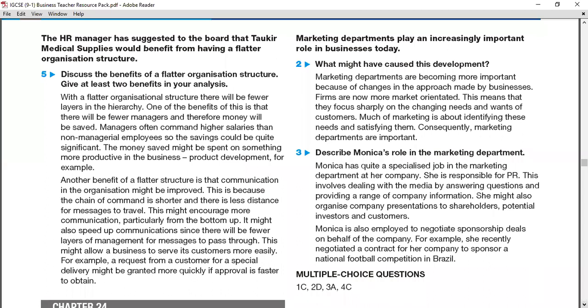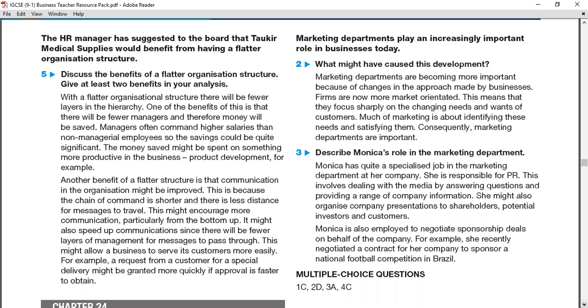So that's the ideology here. It is a kind of cost cutting method, because when organizations become flatter, some amount of money, the cost, can be saved. How? Because by delayering, you can actually reduce the layers of staff. That means you can reduce some positions. Therefore, cost can be saved, and the money can be used. That's called the analysis point. This money can be used in a productive way in a business, such as R&D, research and development, or new product development, for example.